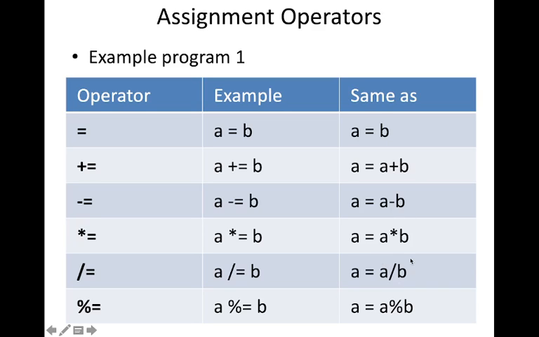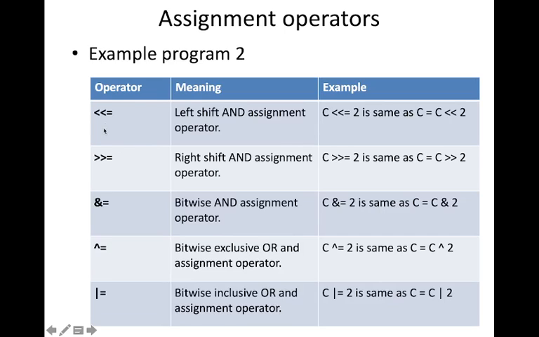So we have seen this example. Now I will show another set of assignment operators. So this is another set of assignment operators. This is the operator double greater than equal to. It means left shift and assignment operator. So this is known as the left shift and assignment operator. We have already seen left shift and right shift operators. So if we say C left shift equal to 2, it is the same as saying shift C left by 2 bits